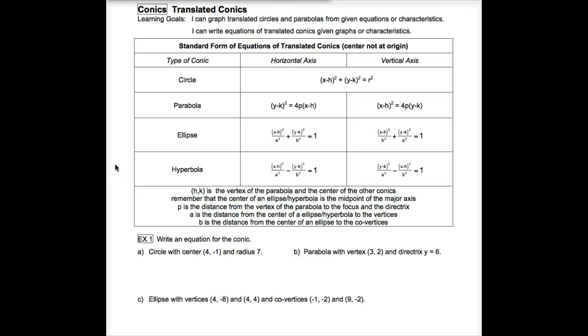Right, so we have gone over the basics of our four types of conics. Now what we are going to do is translate those conics, meaning we are going to shift them left, right, up, down, so that their centers or vertices are no longer at 0, 0. So I've got all of the different equations for you here, how they're going to look different now that we are translating them. Basically, instead of just x squareds and y squareds, we now have x minus h's, y minus